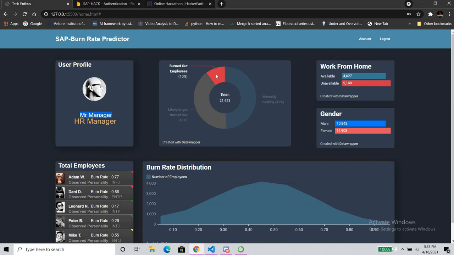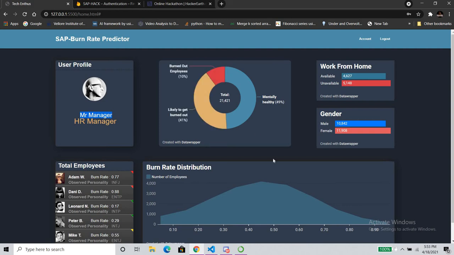And 10% of these employees are completely burned out. The teammates have already explained how they're predicting it, but I'll be telling you the rate which tells whether an employee is burned out or not.